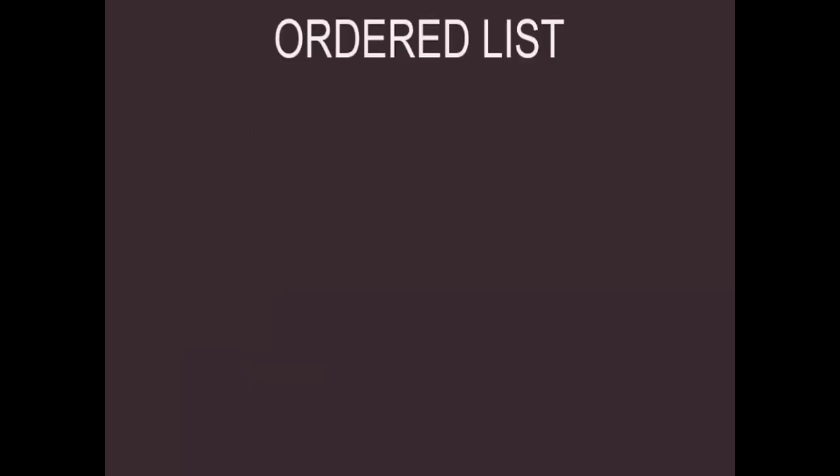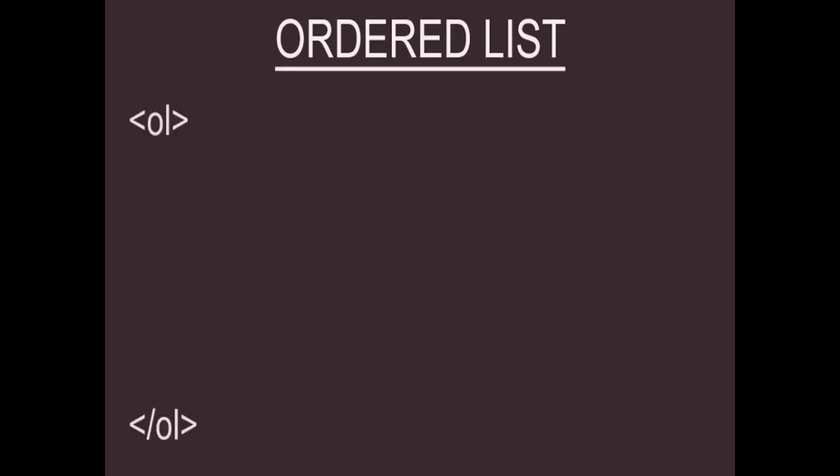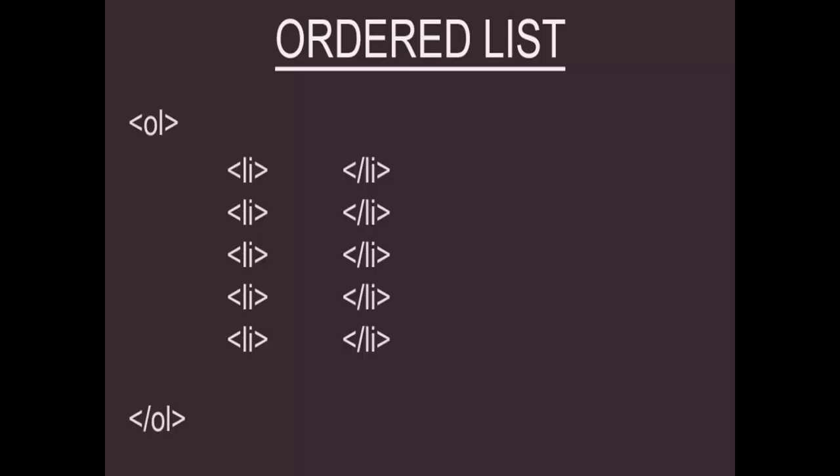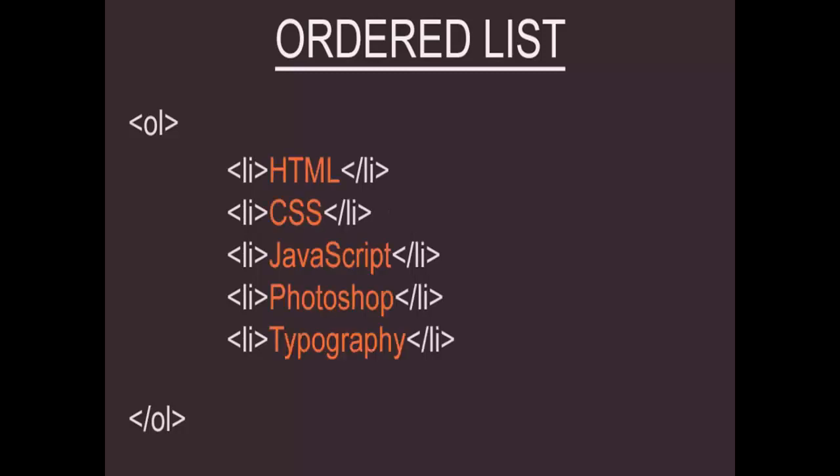Coding the list is as easy as it gets. Let's have a look at the HTML markup for the ordered list first. We enclose all the list contents inside the opening and closing OL tags. The opening OL tag marks the beginning of the ordered list. Then we enclose our individual list items inside the LI elements. And inside these elements, we write our list items. And if the list has some sort of descriptive heading, that is placed right after the opening OL tag.